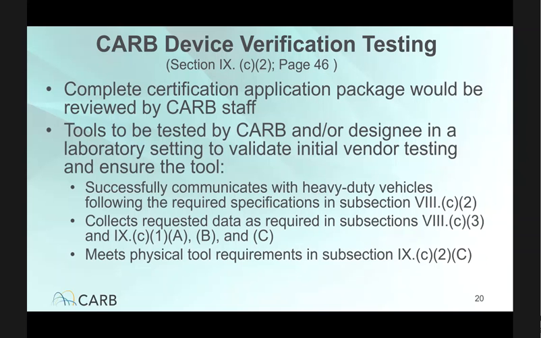Once a complete certification application is received, CARB staff would review the certification application package that includes the cert application form and supporting documents previously discussed in slide 17, and begin testing in a laboratory setting to verify the device performs as directed. Test conditions defined by CARB and potentially other test scenarios would be repeated to confirm the device function. This testing would verify the device successfully communicates with certain vehicles and/or potentially CARB simulators, following the required